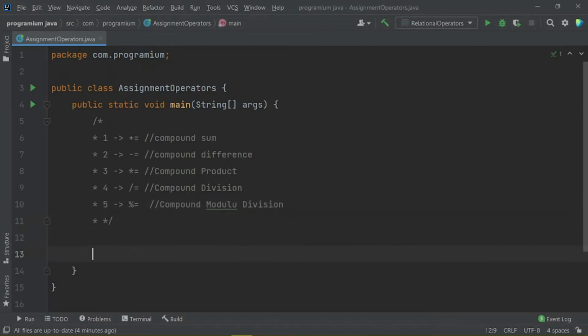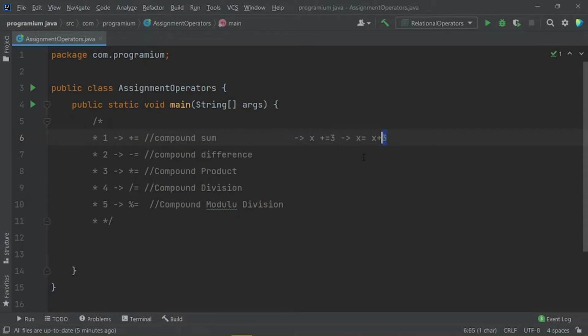Okay guys, so now let us see how to use these operators in our Java applications. So let me tell you more here what this means. Let us assume a variable like x, and if we want to do some kind of operation like this, then it means x is equals to x plus 1. Okay guys, then if we convert this to 3, then that means x is equals to x plus 3.